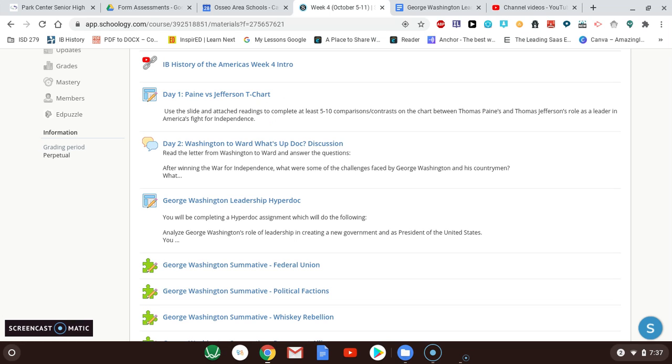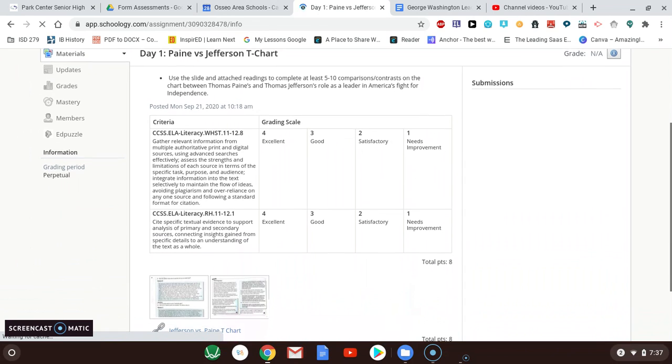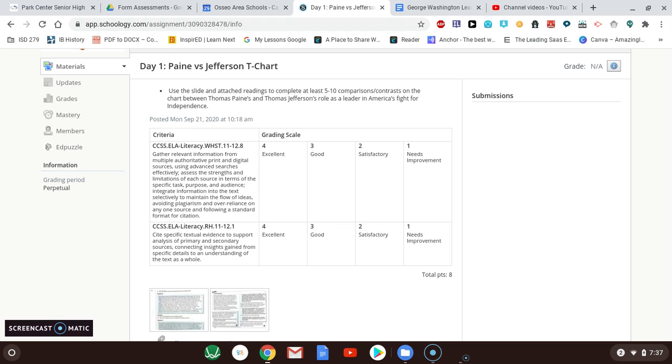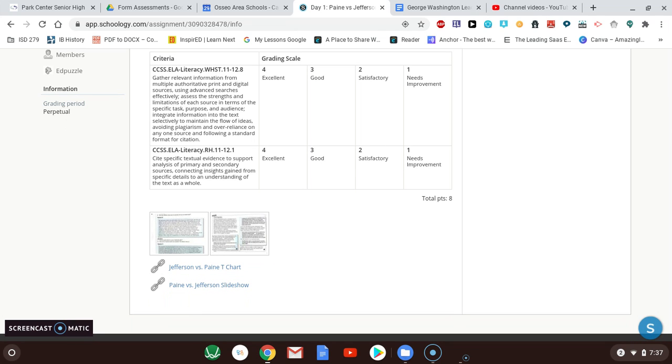So we are going to start by talking a little bit about this T-chart. What we're going to do is focus a little bit on leadership in the cause of independence. We're going to start by comparing 2 very unique leaders, because these are very interesting and typical leaders throughout the Americas as it applies to the cause of independence, because there's an underlying factor in every independence movement of a kind of rhetoric that grows out of why they should go away from this colonial leadership that they had. And Thomas Paine and Thomas Jefferson provide that leadership through their writing and their ideas.